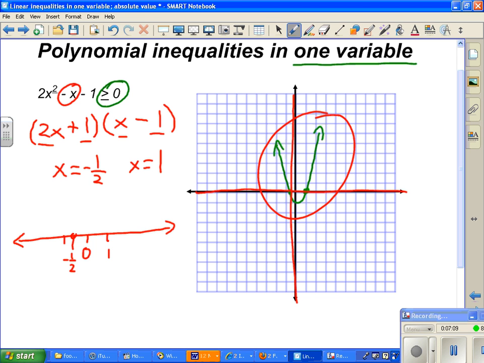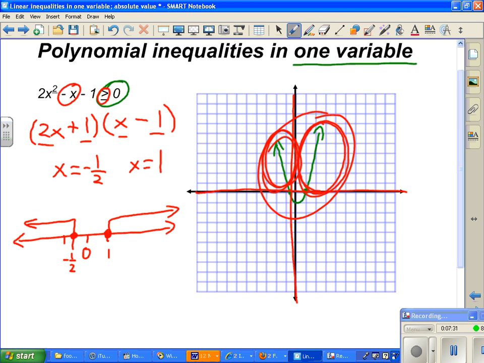Now here I'm going to have a closed dot because it's greater than or equal to. Now, this graph is greater than or equal to 0 here and here. That is where it's above the x-axis. So that means if I'm graphing it in one variable,